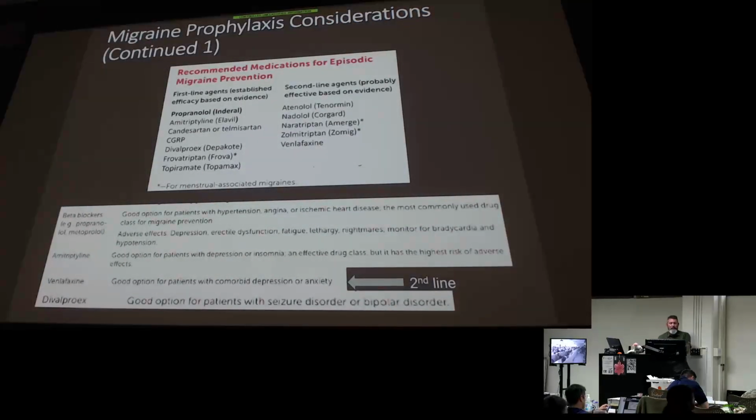So considerations, like I said, first line agents, this is the same slide, just presented a little bit differently. Propranolol is usually the traditional option. Antidepressants, amitriptyline is up there, anticonvulsants. Often comorbidities is how you're going to decide which medication to use. But you can see propranolol is first on the list, and it's in bold. And then the venlafaxine is second line down there, and I pointed that out because I think there was some confusion about that being a first line or second line last semester. So I just made that note. Hey, you see it's on second line, it's over on the right.